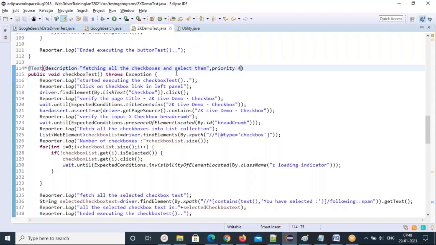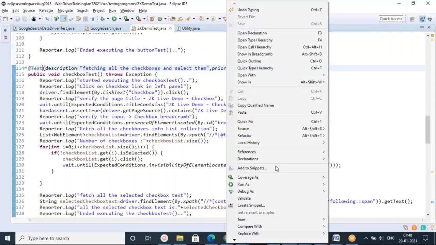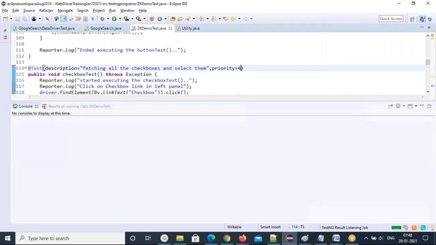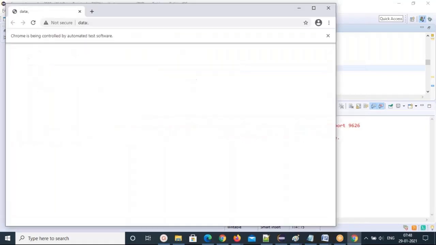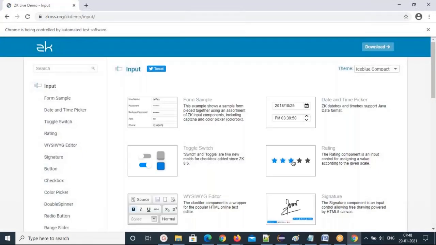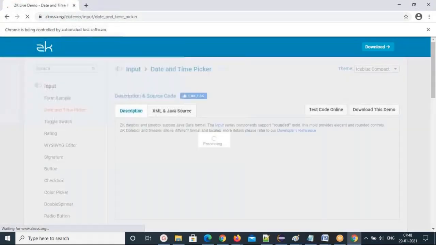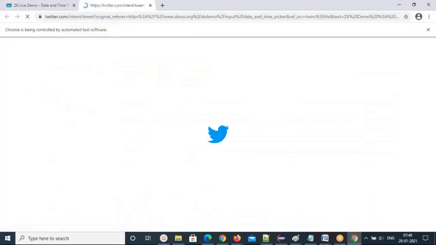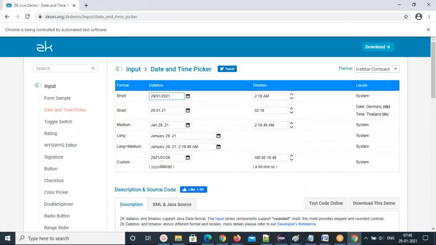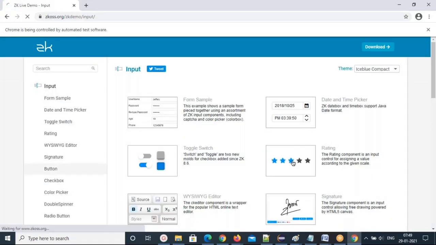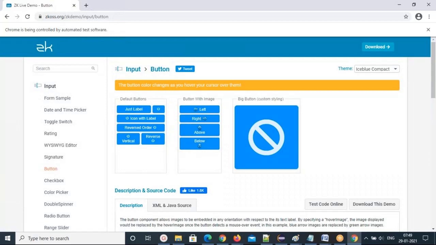So let's run the test case now. Let's see whether the same order is coming or not. Now I'm using the @Test keywords. First I used description, data provider. Now we're using the priority keyword. I'm prioritizing my test cases. The tweet pop-up is executing first. Otherwise, before it executed the button test, right? But I changed the order with the priority keyword. I am prioritizing my own order with the priority keyword only. You can do that.